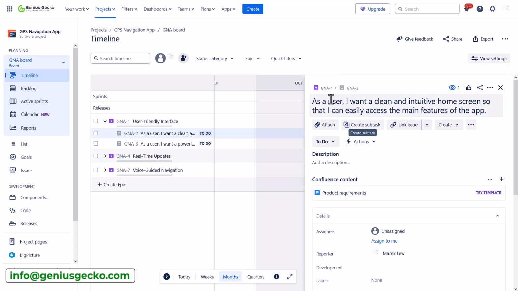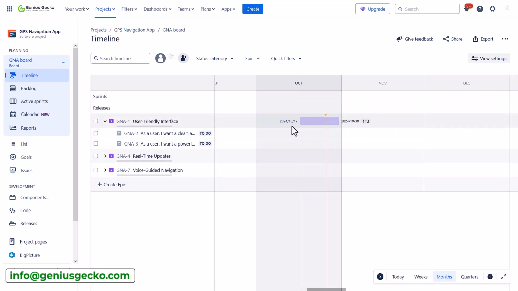So we know what the stories are, and we started building our backlog. As we are now on the timeline, you probably noticed that issues don't appear on the timeline yet. Now there are different ways to do that depending on your planning process. If you plan your work in sprints, you don't really have to worry about the timeline, because as soon as you create sprints, your issues will be added to the timeline automatically based on the sprint start and end dates. However, if you want to start adding items manually on the timeline, you will need to go to the